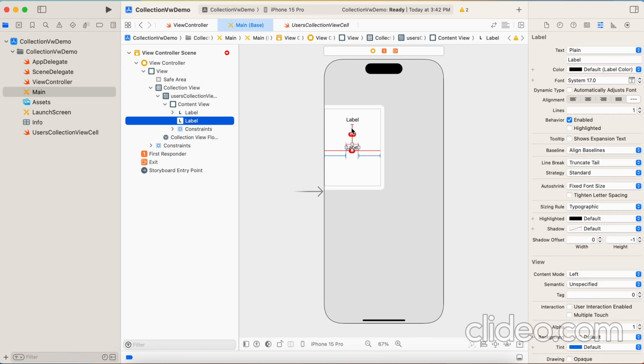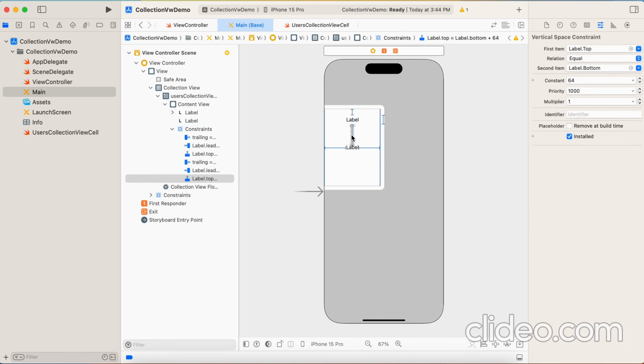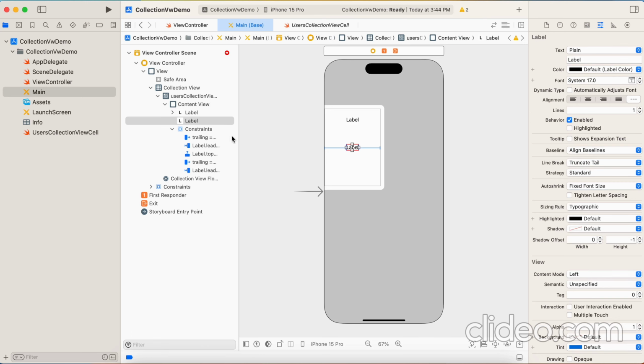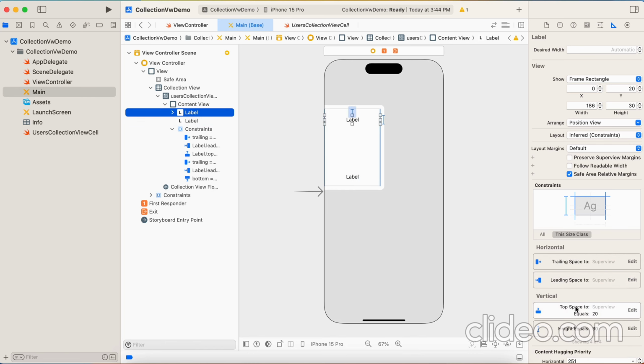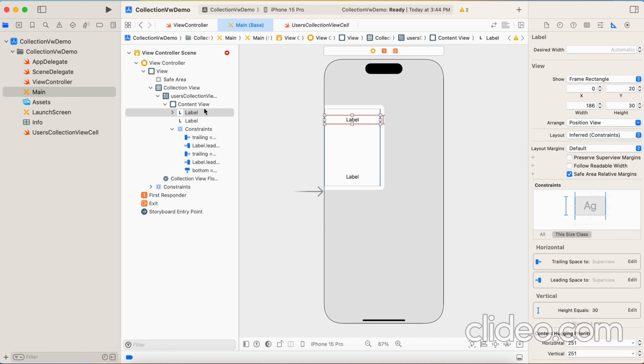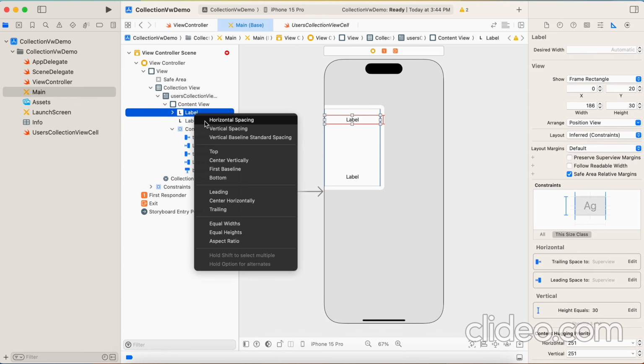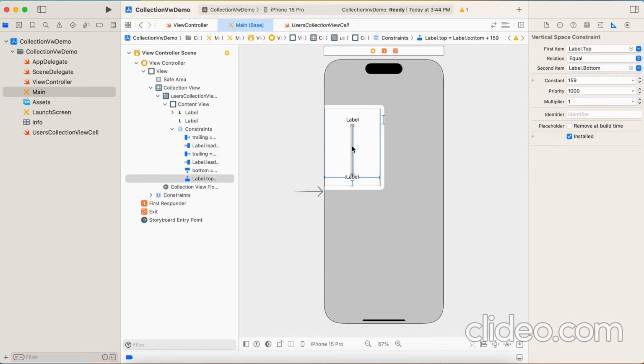So this constraint is wrong because we already added the vertical spacing. So let me remove this constraint and add bottom space. Okay, bottom space is 20, and let me also remove the top and align it to this level, vertical spacing, and give it 20,